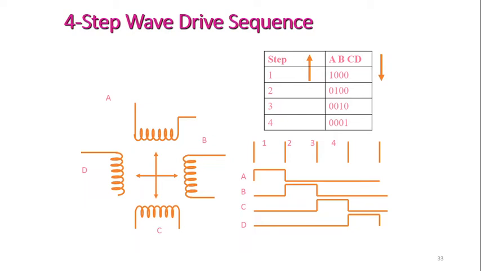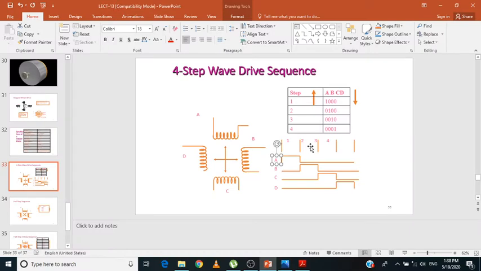Yeah, look at this now. So here A, B, C, D are there now. If I'm applying the pulses in the order A, B, C, D direction, then I'm applying the pulse to the coil A, and when I'm applying the pulse to the coil A, there is no pulse for the B, there is no pulse for the C, there is no pulse for the D. That's why I sliced this one. 1, 2, 3, 4. How many pulses are there? Four pulses are there. In the next pulse duration, again there is a change.